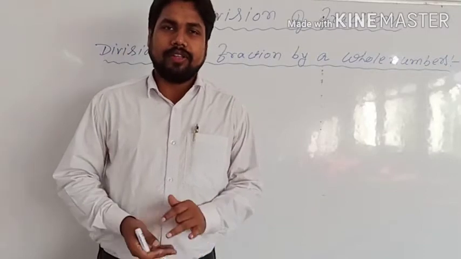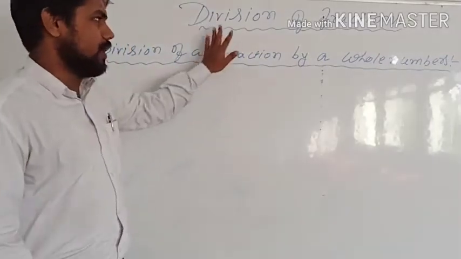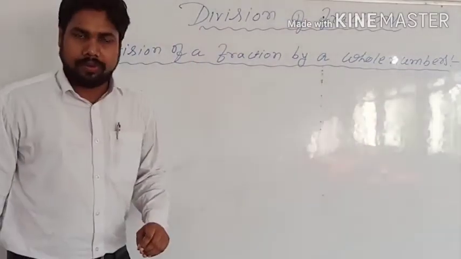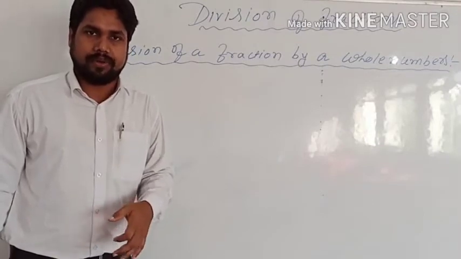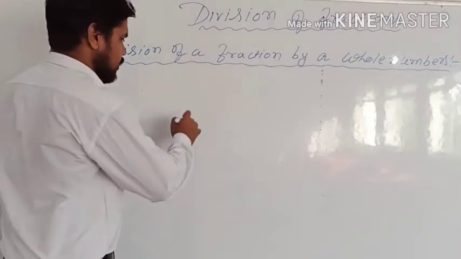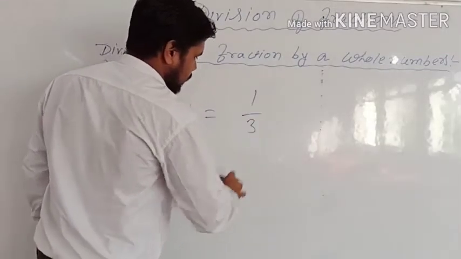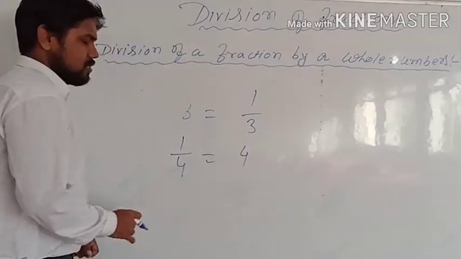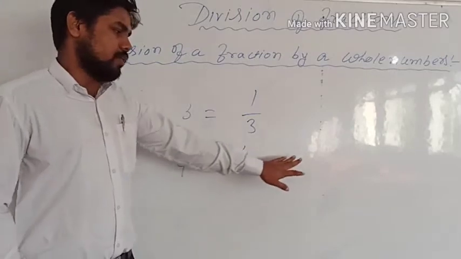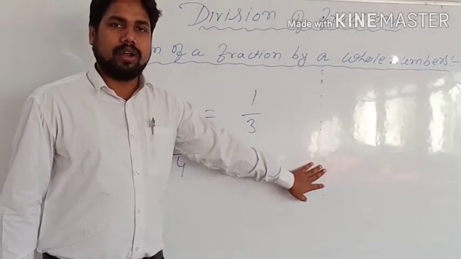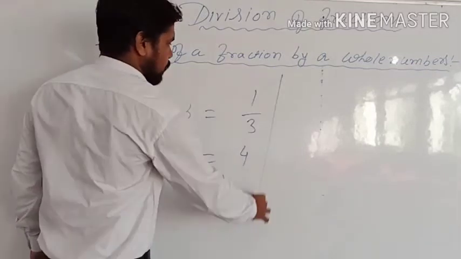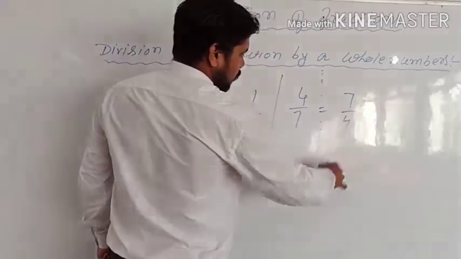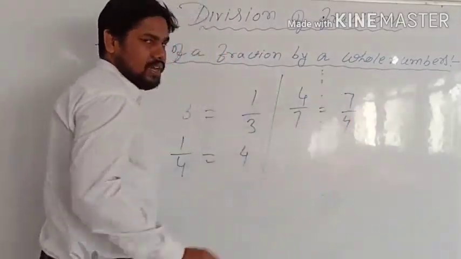Today we are going to learn about the next topic of your chapter, which is related to the division of fractions. Okay, division of fractional numbers. Up to the last topic, we have learned about the reciprocal of a number. Like the reciprocal of 3, if I say, is 1 by 3. The reciprocal of 1 by 4 is 4. Means after multiplying these two numbers, if the product comes 1, then that is the reciprocal of the number. In the case of a fractional number, suppose this is 4 by 7, the reciprocal of 4 by 7 will be 7 by 4. Why? Because when you multiply this, the answer will come 1.